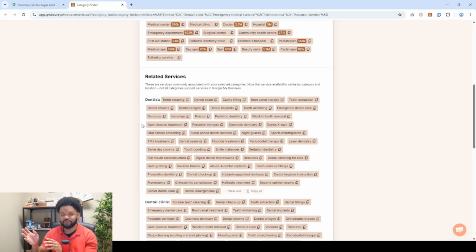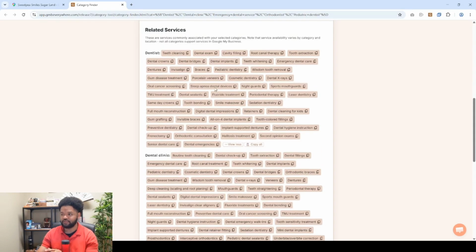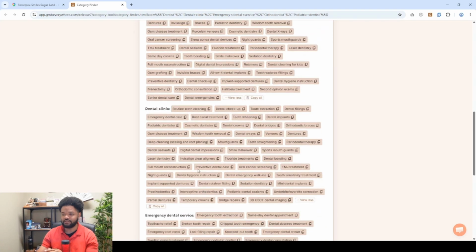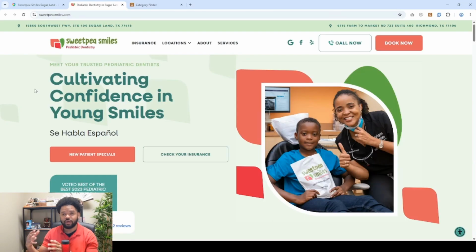You'll want to get all of the services that are most relevant to you organized under the category that they best fit in. Now, sometimes you'll see repeat things, like for instance, you may see teeth whitening up here and you might see it down here. It's not a one-to-one and it's not exact. Just do what you think makes the most sense and put it where you think it makes the most sense. You don't have to be extremely strict when it comes to what you name this or what you call this over here. And you don't have to write a page for every one of these things. These are just great ideas that could help you get picked up in an AI search and in a local search. So now that we know what categories we want to include and also the services that belong to them,